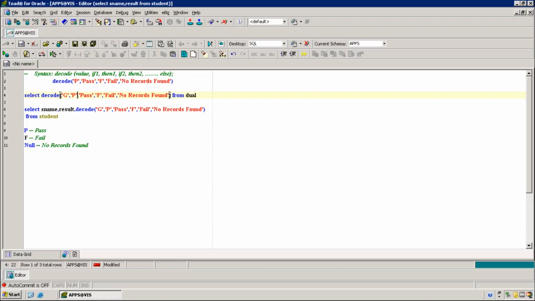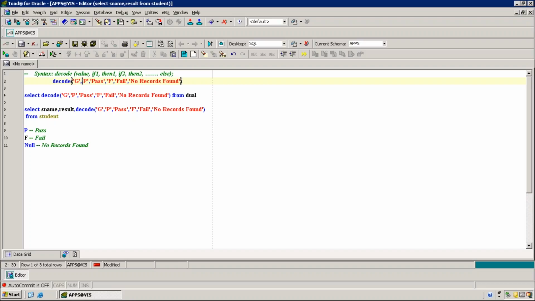Now here I am going to put G. What is G? G is a value. P is also the condition, condition 1. What is the result for that condition?